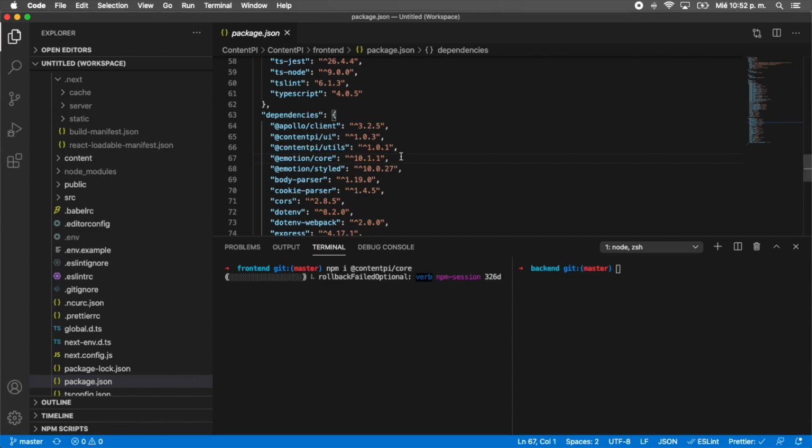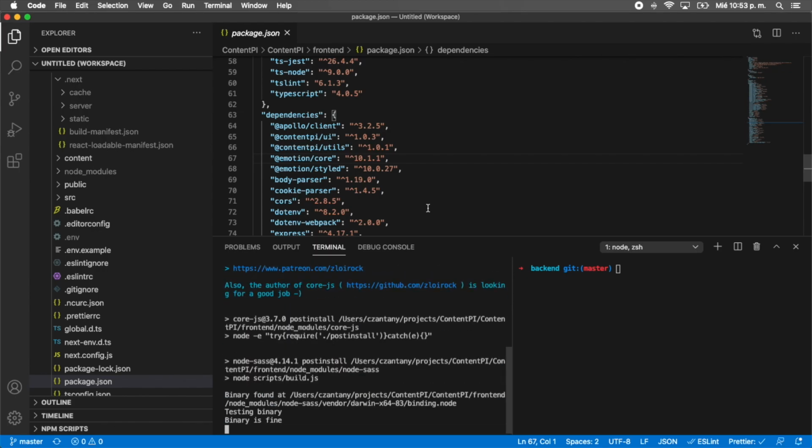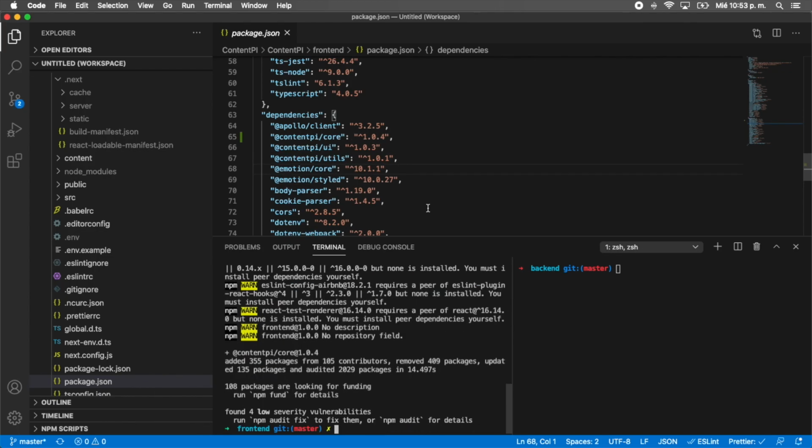This is because before, I had all the utils functions inside the utils package, but the problem is that some of the functions were very specific to the CMS. So what I prefer now is to break it into packages. Now the core is going to contain all the specific functions and the utils all the generic functions. So after you do that,